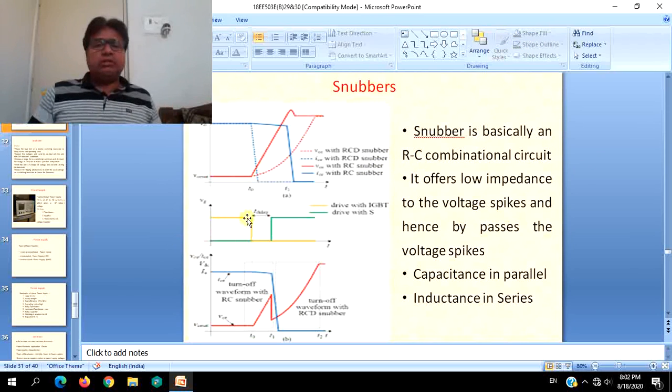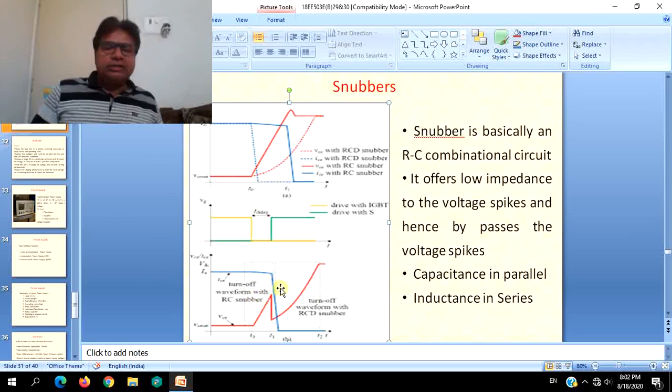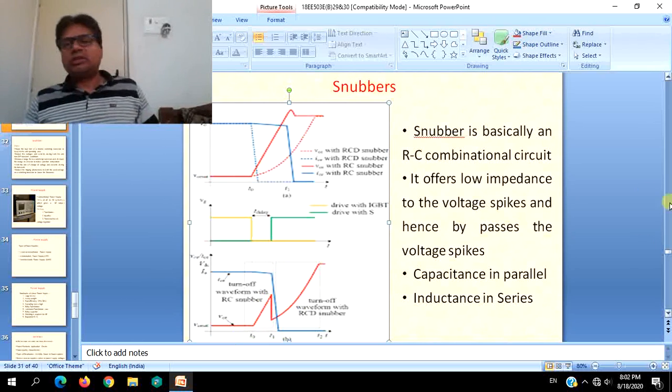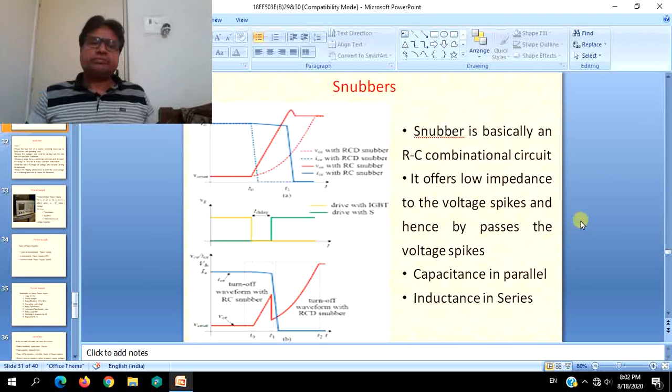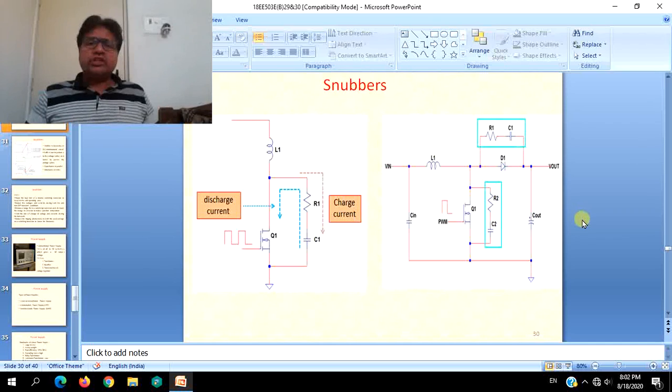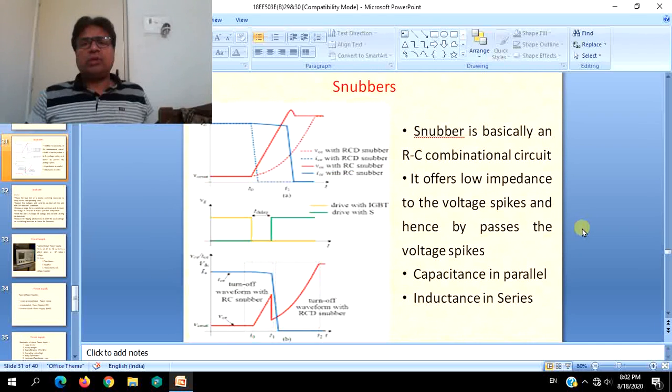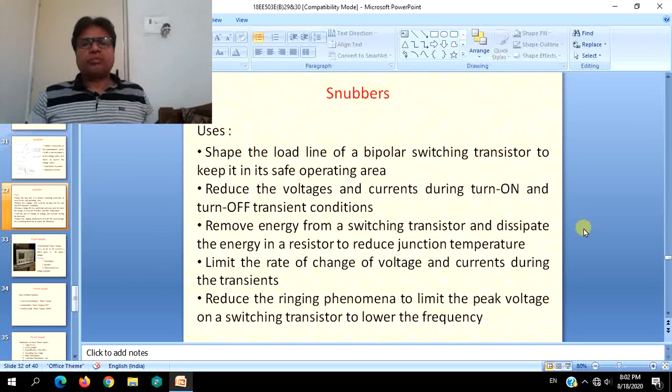And this is where an IGBT is used to carry the voltage, and this green line shows with snubber. Again, this is another waveform shown with RC snubber turn off waveform. This is for the current, and this is the voltage. The actual voltage without this snubber may go like this, but it is coming out like this. As a result, this waveform will be improved. So it snubs out the change in voltage or oscillations of the voltage above and below its nominal voltage value.